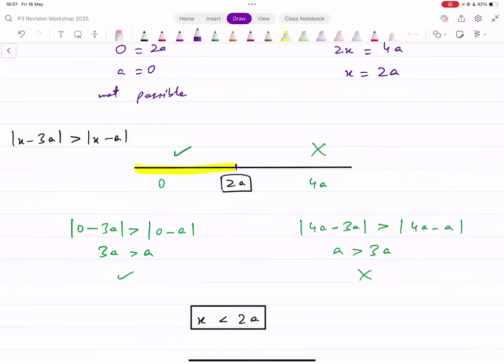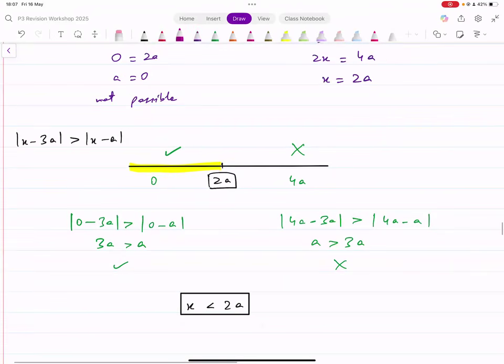And now this divides your number line into 2 regions, one on the left, one on the right. You take one number in each of these regions. You can take 0 on the left side, for instance, 0 or 0a, doesn't matter for 0. On the right side, you can take 4a. Try these regions. The left side is correct, the right side is not correct, and you say the solution is